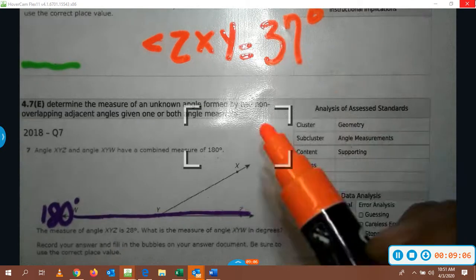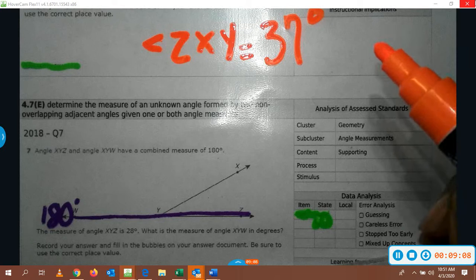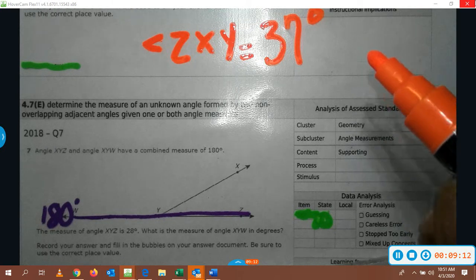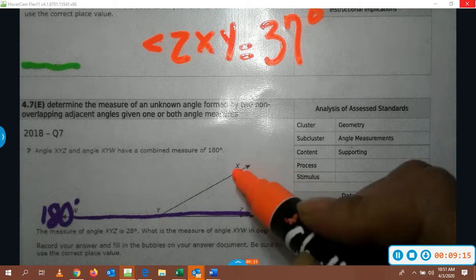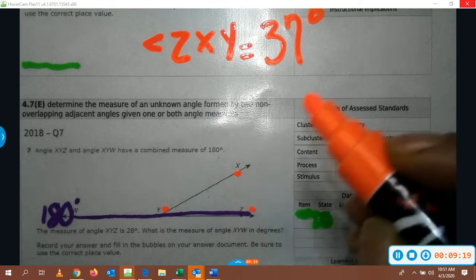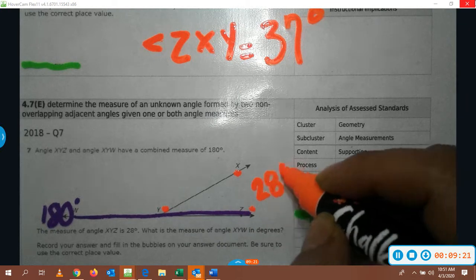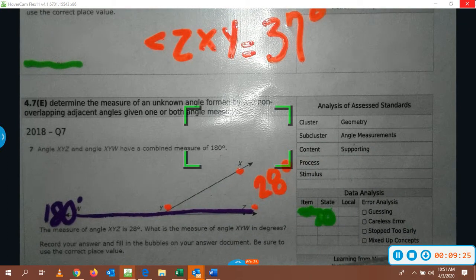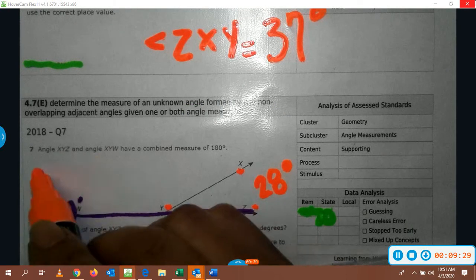And the question says XYZ is 28 degrees. What we need to know is how much is W,